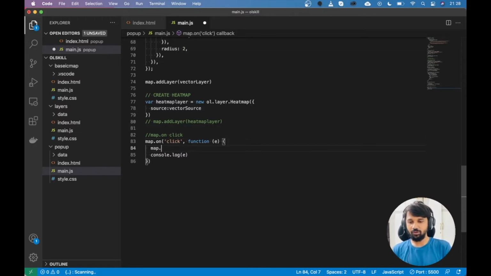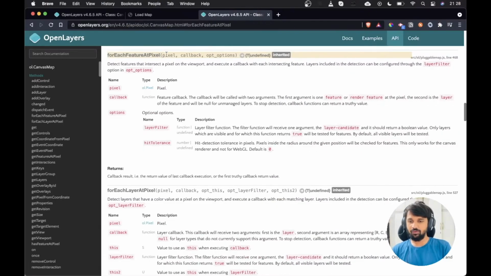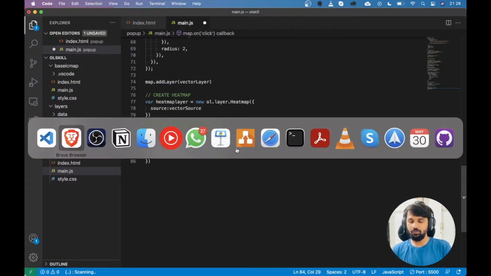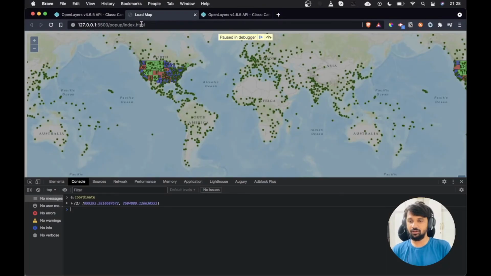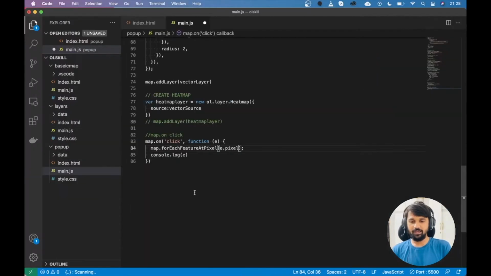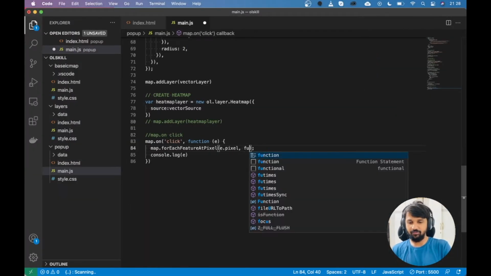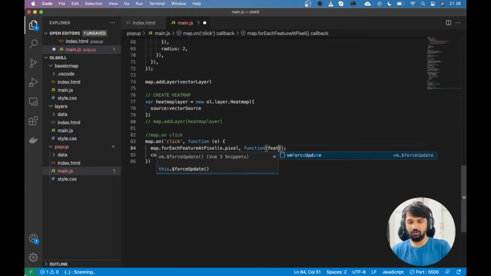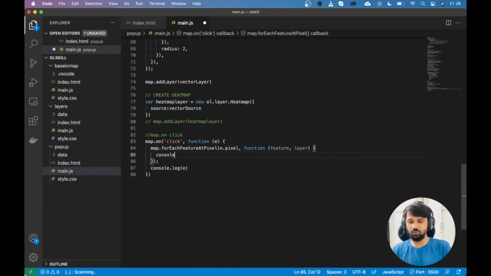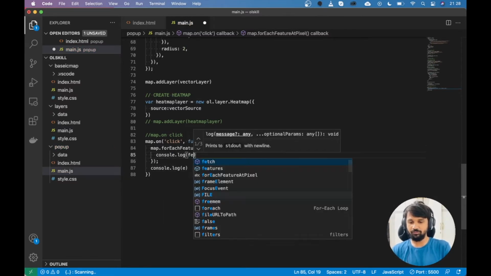So I will do map.forEachFeatureAtPixel, which requires pixel as the first parameter. We get the pixel with e.pixel, so I will simply pass that pixel and then a function where the two parameters will be feature and layer, and then I will console.log the feature.